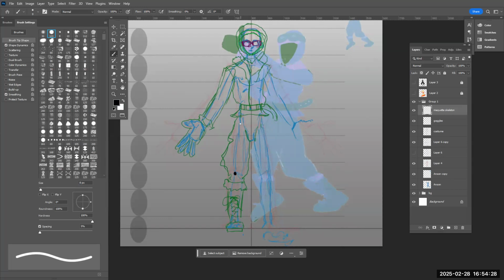I can hold down shift up to the hip. I'll have brush settings. There we go. So there, the bottom, and then whatever the distance of the foot, I'll just draw it off to the side. So from the bottom of the heel to the ball of the foot,